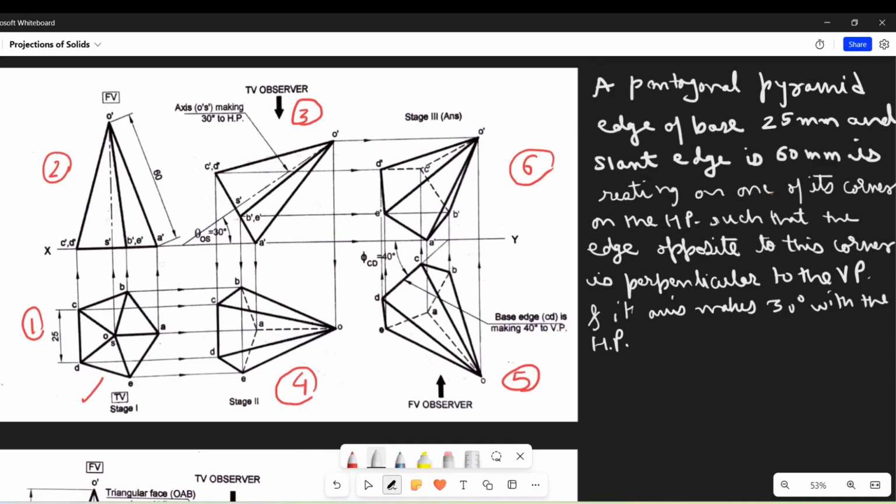Now the stage 3, view number 5. We see that this edge CD, which is vertical or perpendicular to the XY line, now makes an angle of 40 degree with the XY line. So we can write here, draw its projections